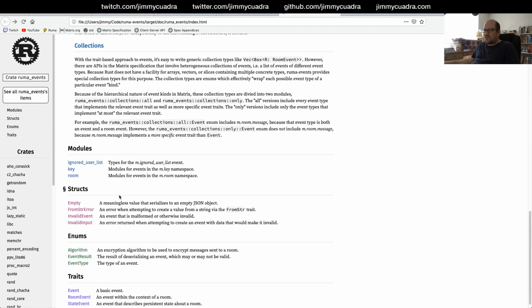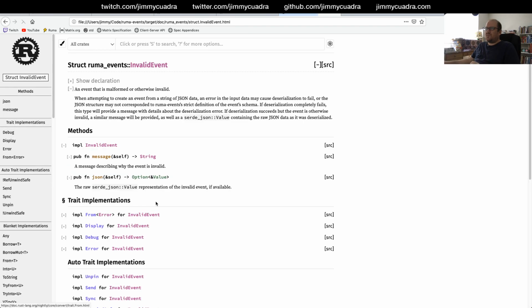We introduced this new invalid event type, and so rather than just failing, if we're able to deserialize the JSON, but the JSON structure does not match the structure expected by the Rust structure, then you'll get back this invalid event object, which contains the raw JSON in it. So rather than failing the entire operation, we'll have this invalid event representation that allows you to poke at the original data that wasn't valid but still needs to be represented.